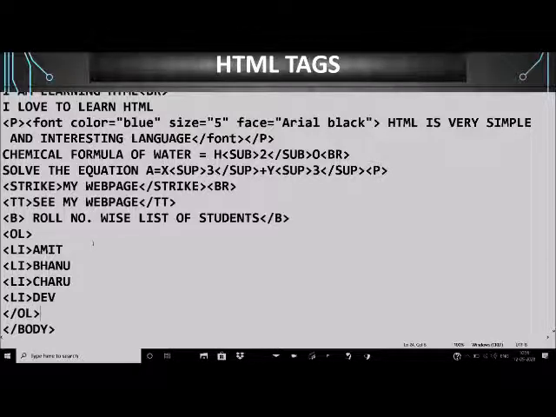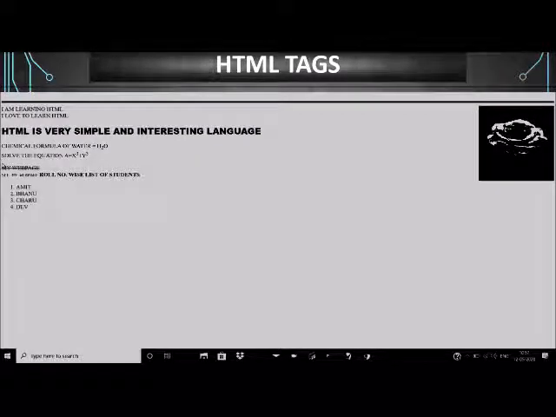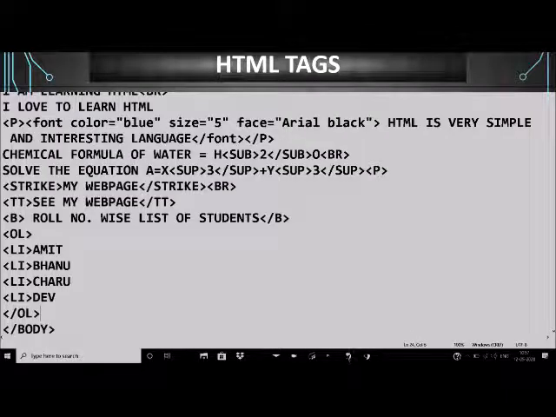Let us see how our document changes, how our web page changes after this. We will reload the web page. See, this is the list, roll number wise list of students. I forgot to give a new line here. After this line, I forgot to give BR.